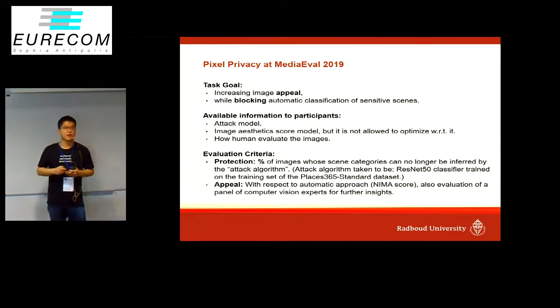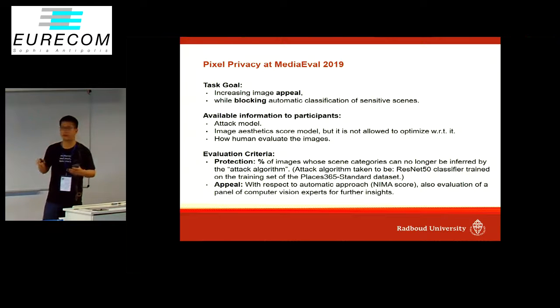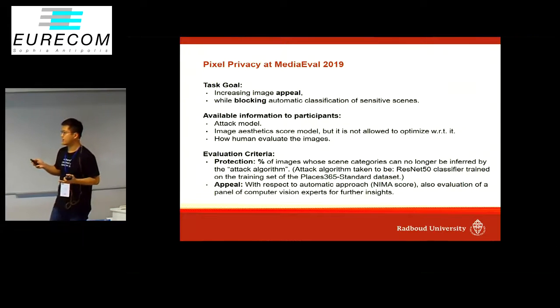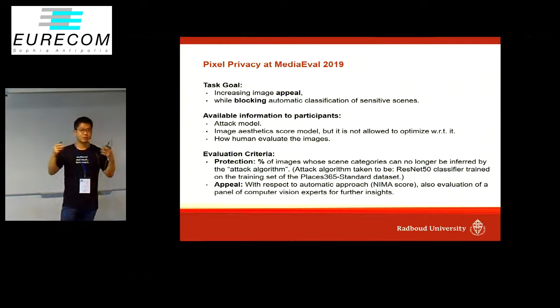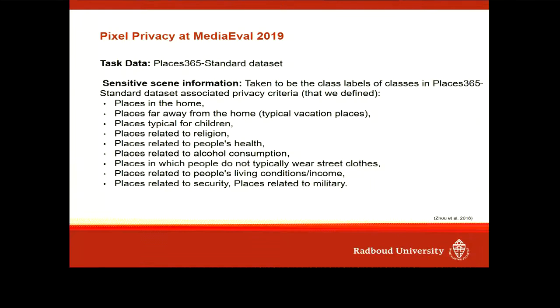We have two criteria. The first is we calculate the drop of accuracy for the attack model. If it's lower, it means better: you're protecting everything well. The second is we have an automatic algorithm to give the appeal score of the image. Apart from that, we also have a panel of computer vision experts to give a human evaluation by eye. And the data we use this year is Places